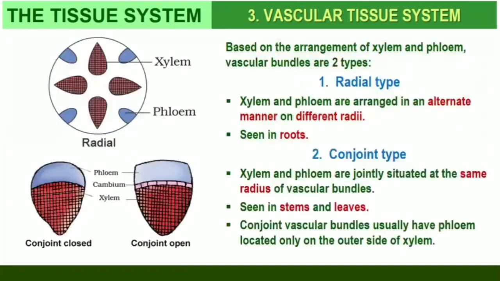When xylem and phloem within a vascular bundle are arranged in an alternate manner on different radii, the arrangement is called radial, such as in roots. In conjoint type of vascular bundles, the xylem and phloem are situated at the same radius of vascular bundles. Such vascular bundles are common in stems and leaves. The conjoint vascular bundles usually have the phloem located only on the outer side of xylem,